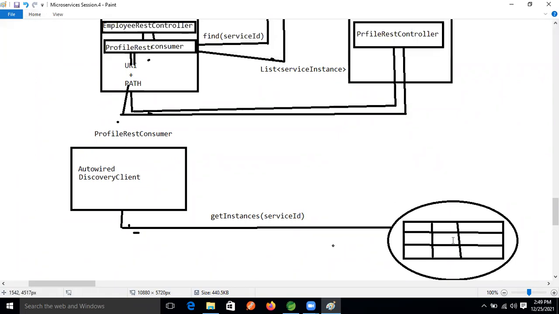What kind of data? Service ID, service instance ID, port number, host number, as well as load factor. Every piece of information will be stored in the Eureka server.